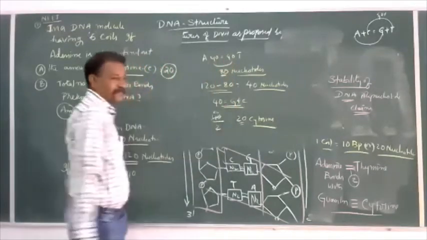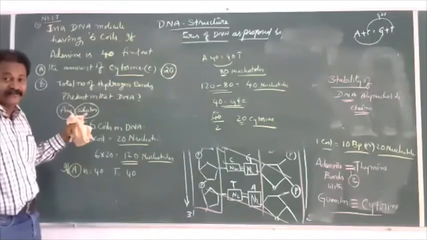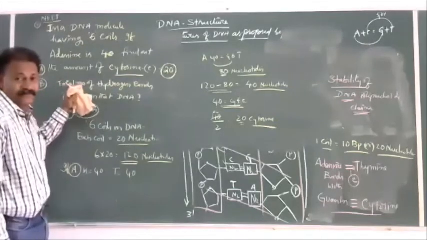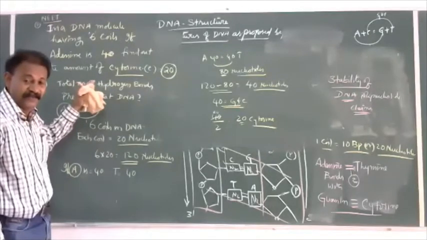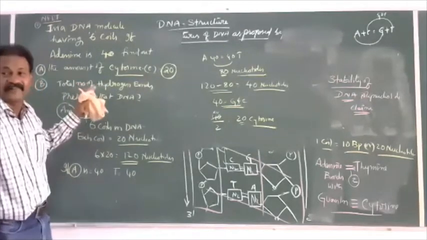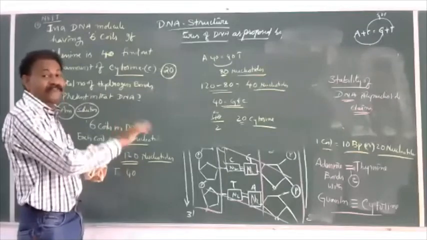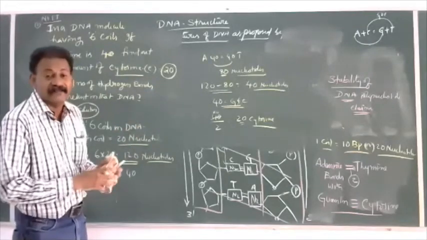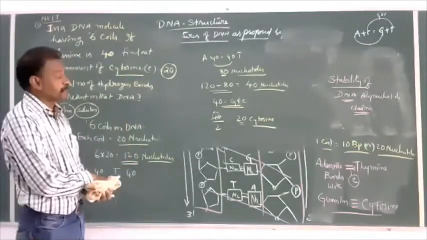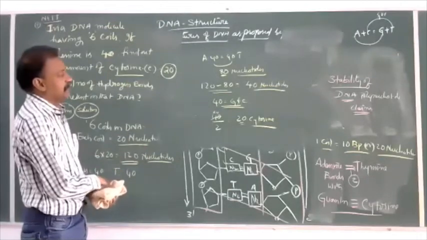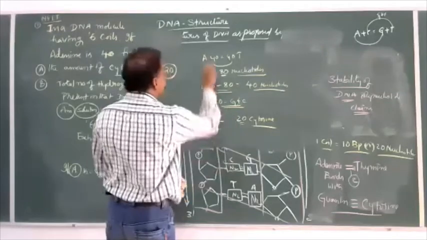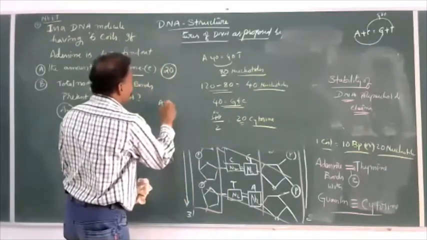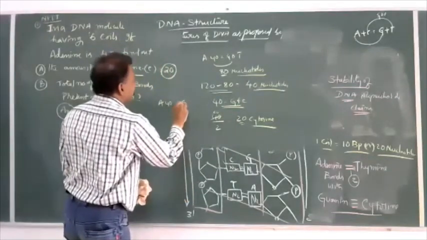A and T. If we know the amount of one purine or pyrimidine base, we are able to identify the amount of the other based upon Chargaff's base equivalence ratio. So in a given amount, adenine and guanine 50%. Here adenine is 40, guanine is 20,